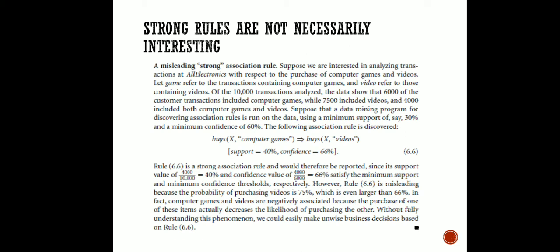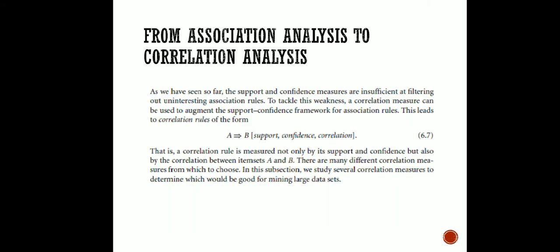So what we have to do, there is a very easy technique for finding out how they are related, that is correlation. Here, instead of just sticking to only two factors, support and confidence, we have incorporated one more technique, called correlation. Whenever we are generating an association rule, whether A is associated to B, we keep the support and confidence, and we put one more value, that is correlation. Let us see what the technique is called.